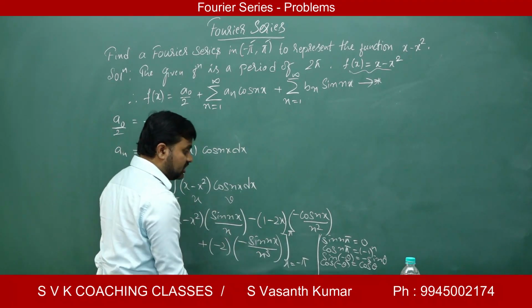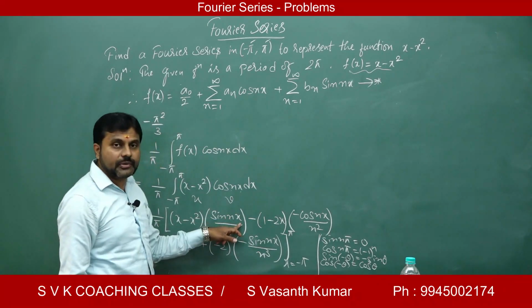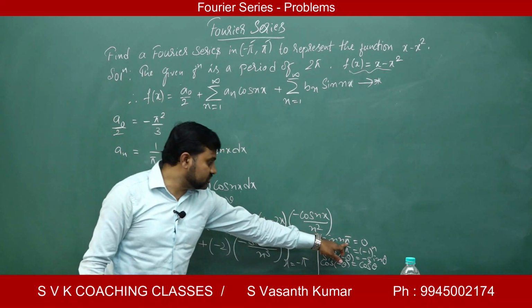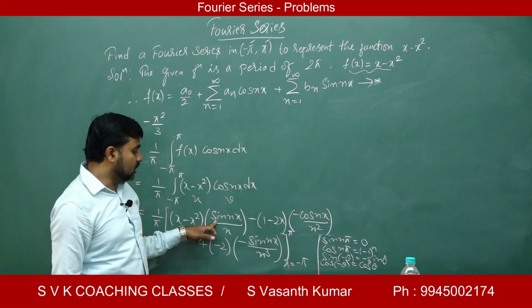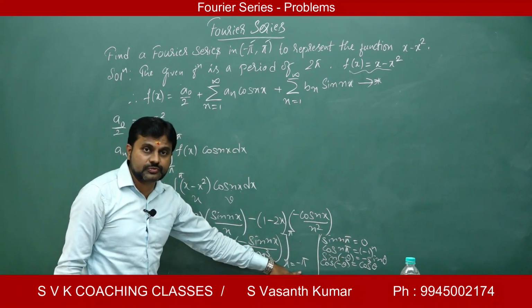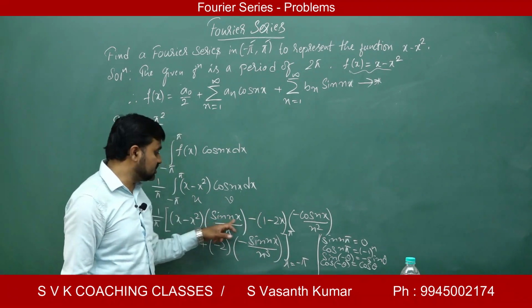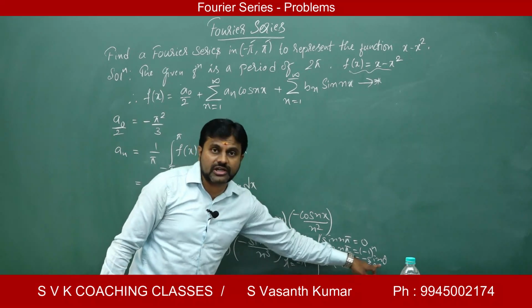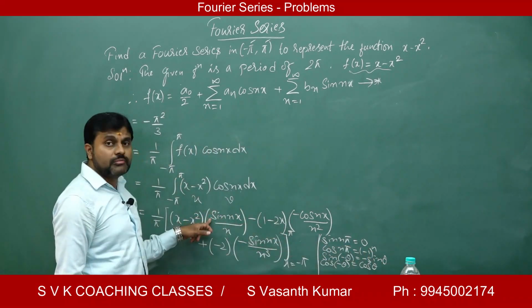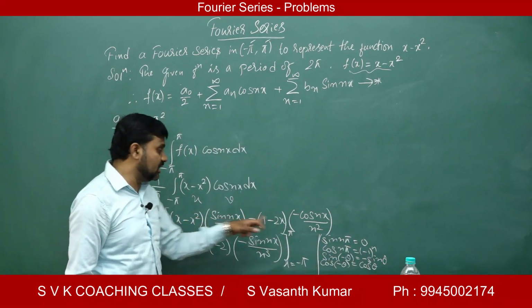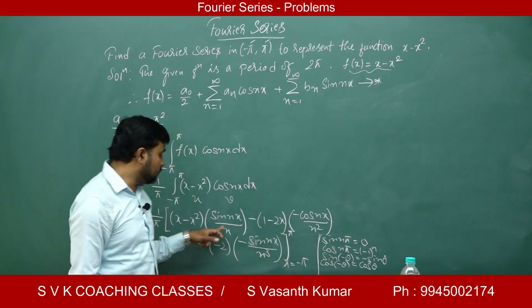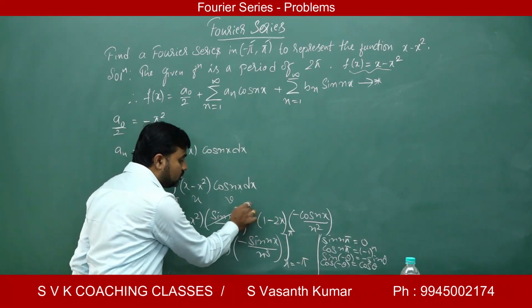So using all these conditions, the limits: sin n pi is 0. Next, go with the lower limit, minus pi. Sin of minus n pi. Sin of minus theta is minus sin theta, so you are left with minus sin n pi, which is also 0. Therefore upper limit minus lower limit is tending to 0.